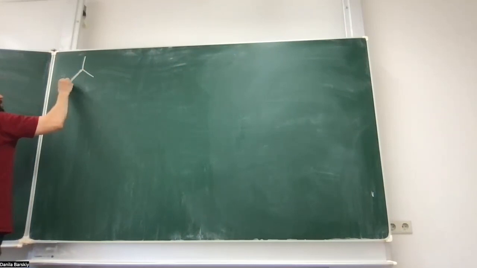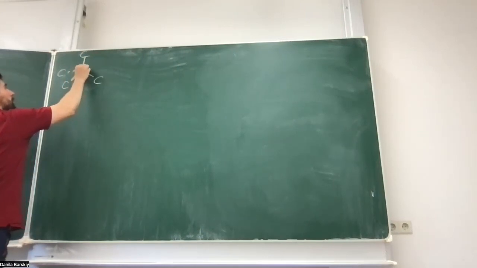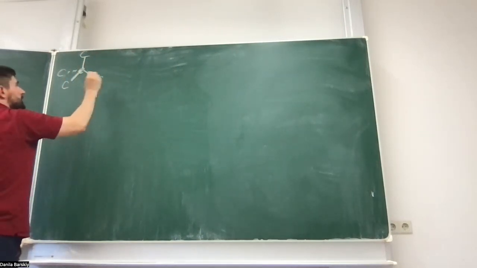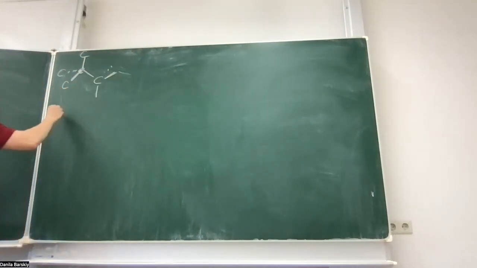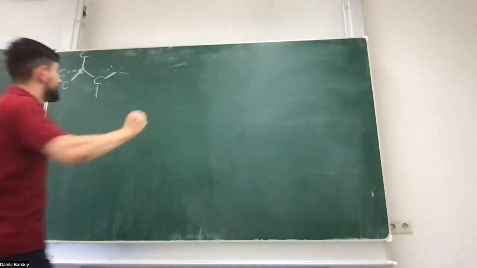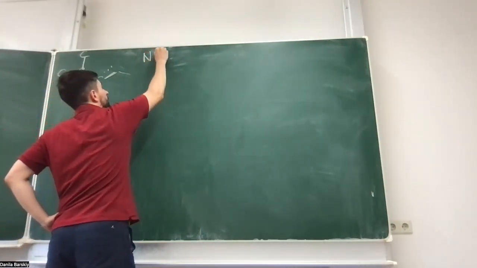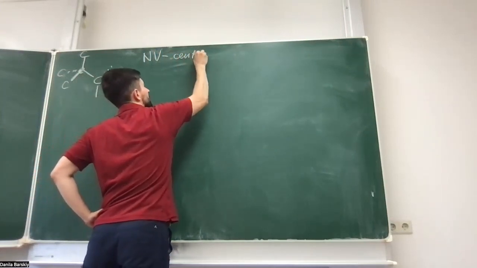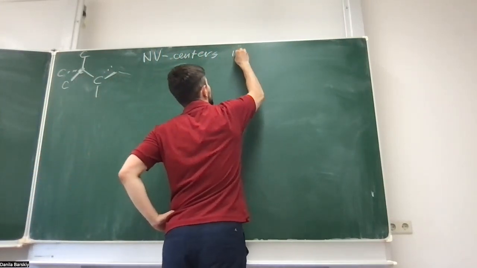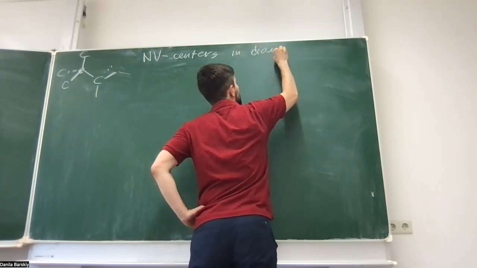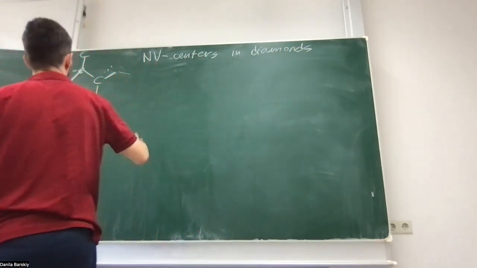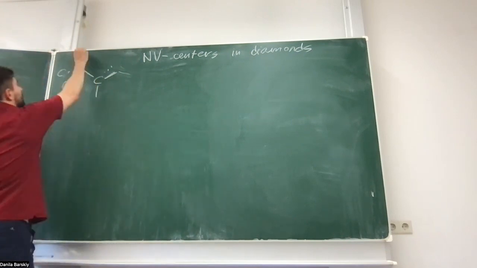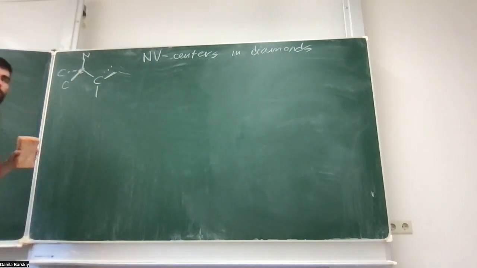Normally, we have the structure of carbons, with the carbon here, and then it repeats in space, and so on and so forth. We have a lot of carbons. What's called NV center is when we have one nitrogen atom, and nitrogen, remember, in the periodic table is in group 5, so